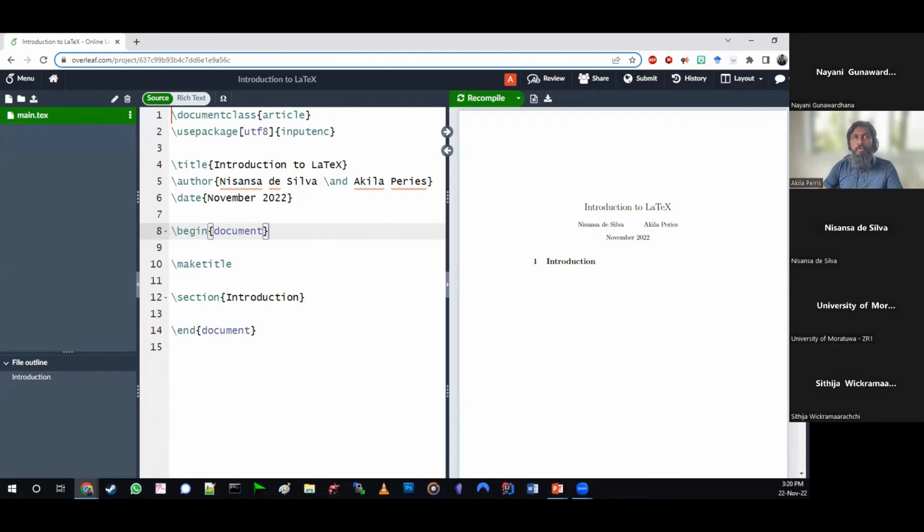But if you use, let's say, Word, you will have to omit the names of the authors in the file itself, like basically remove it. You cannot comment it out, and submit the version. And later on, when you submit the camera ready version, you have to add it again.